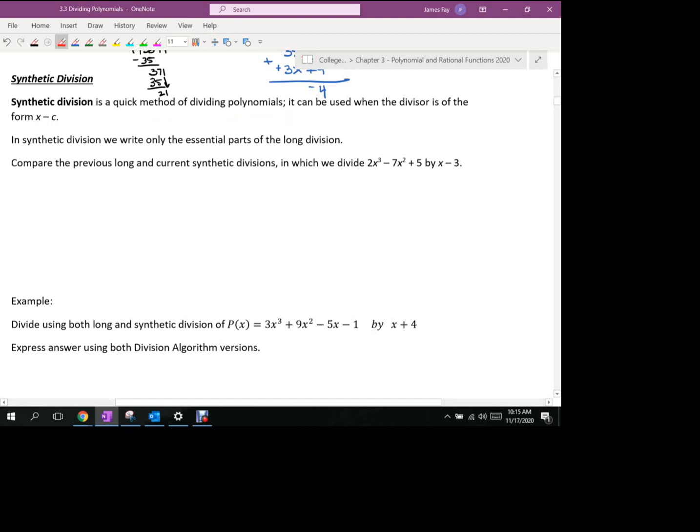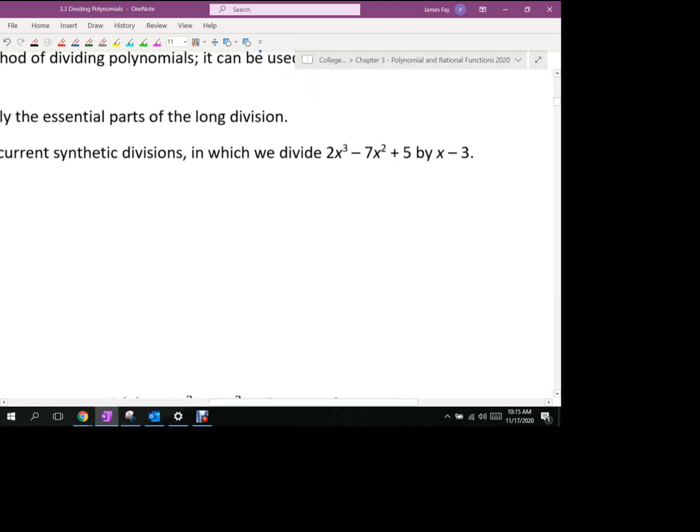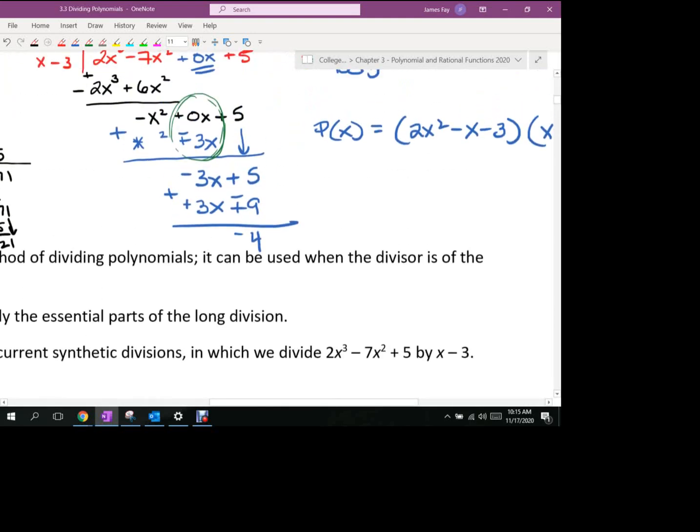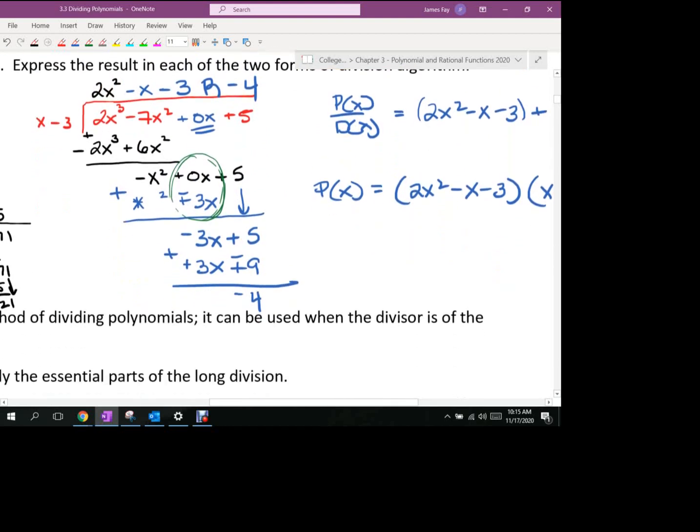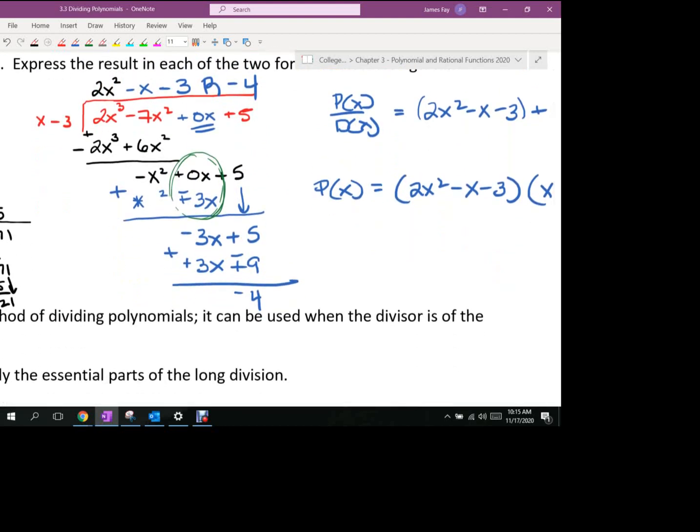So let's talk about doing this process with a problem that we did yesterday. So we did this problem, 2x cubed minus 7x squared plus 5 divided by x minus 3. We did that yesterday in class, okay, with long division, okay? And whether you have it in your notes or not, I've got it up here still, okay? What I want to do, though, is compare